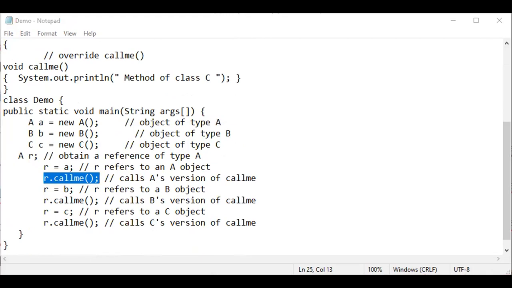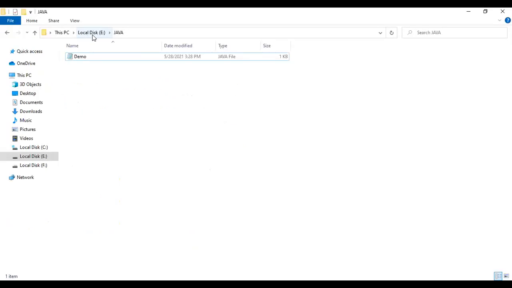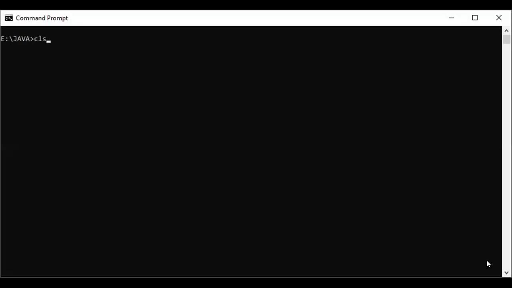See, coming to this directory, in my current directory, Java package, I have one file called demo.java. Go to the command prompt and write javac space demo dot java. As it is successfully compiled with no errors, run this program using the java command followed by the demo class name.